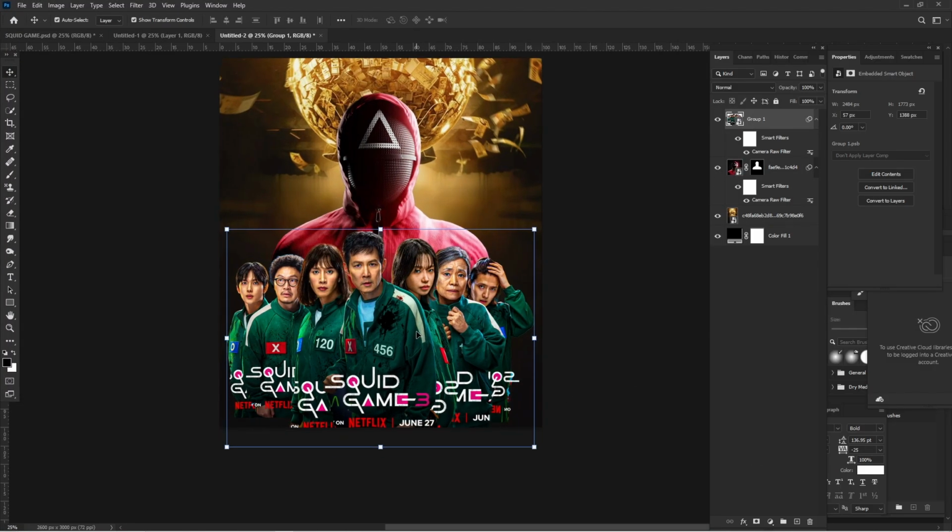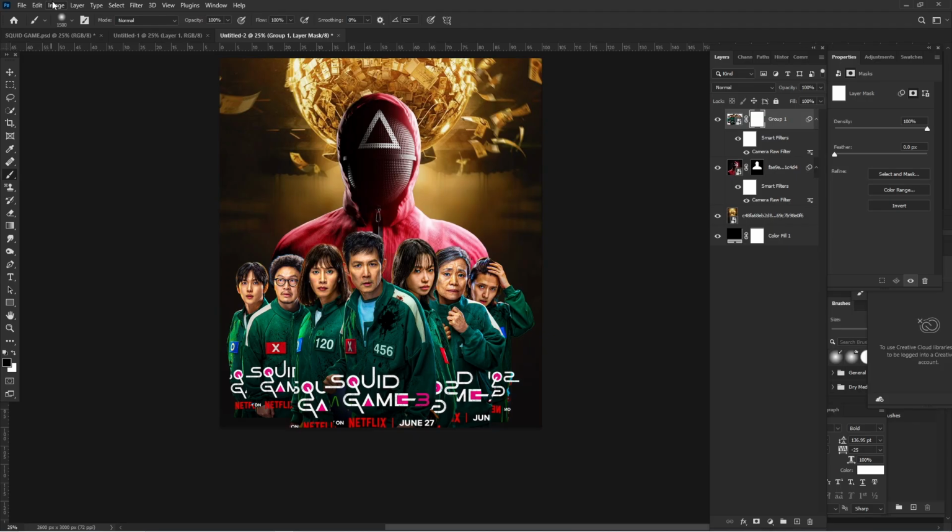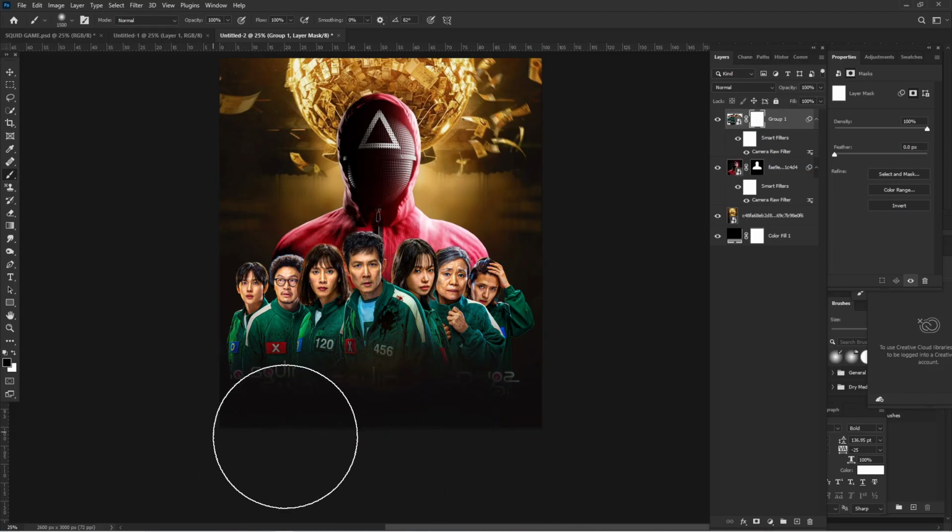Good. So once that has taken effect, I'm going to create a layer mask right on top of this image here. So you just come here and click. Once you're done with that, you go to your brush tool. Make sure soft brush is selected. Okay, soft brush is selected. And then you can increase or reduce the size of your brush. To do that, you just click on the square brackets. One of them does the reducing, one of them does increasing. For those of you that might not know how to do that,